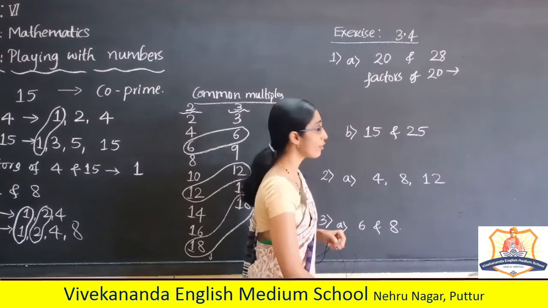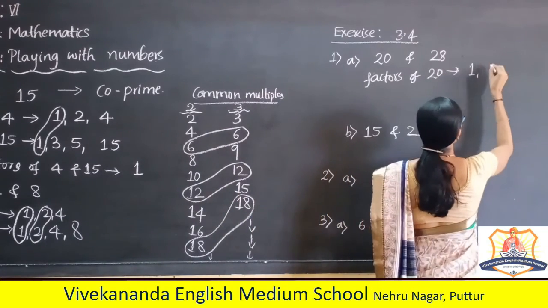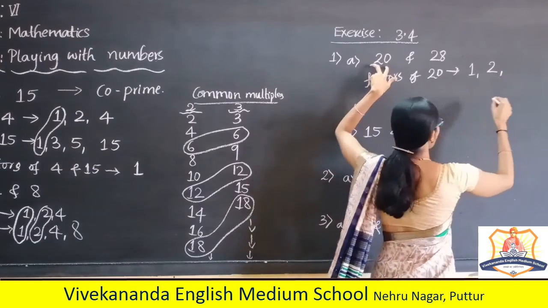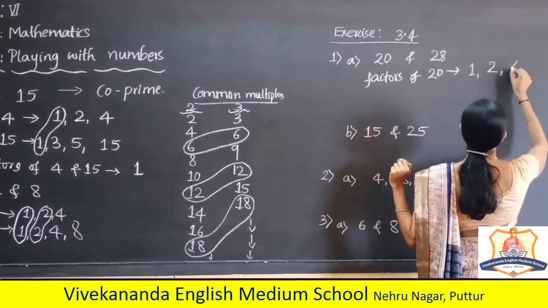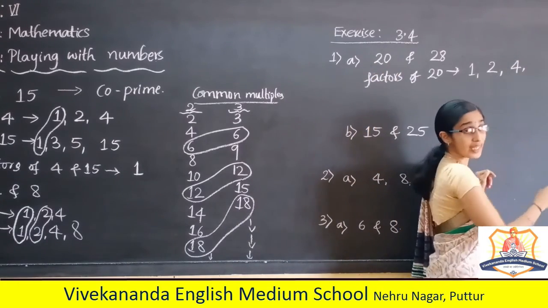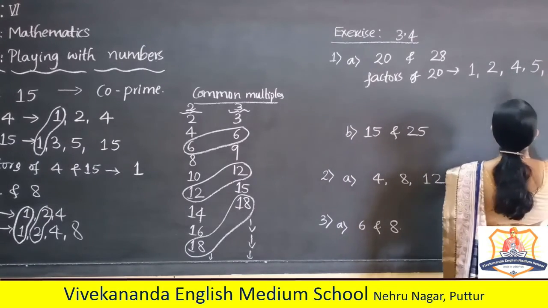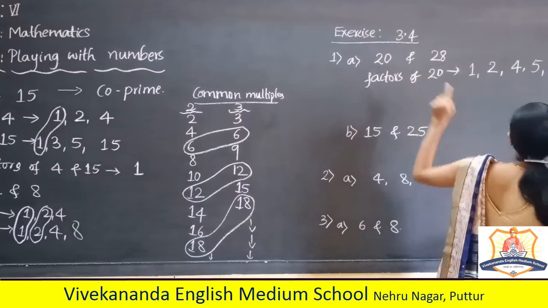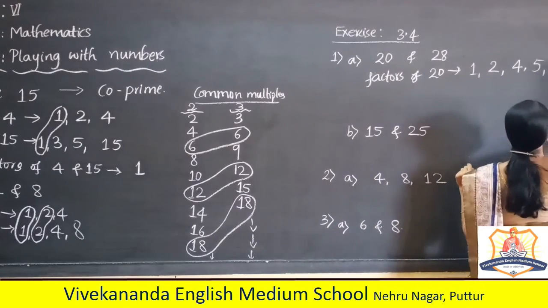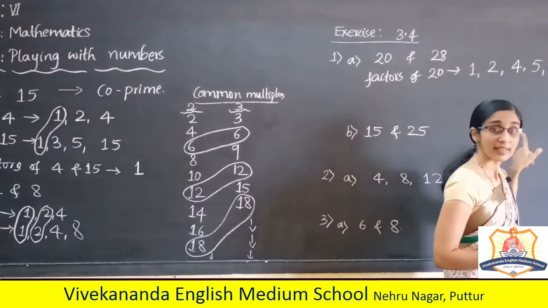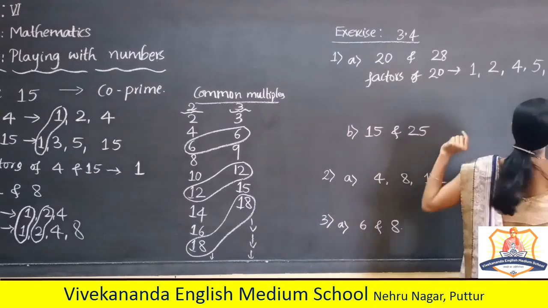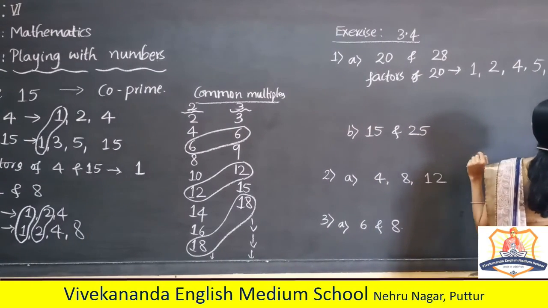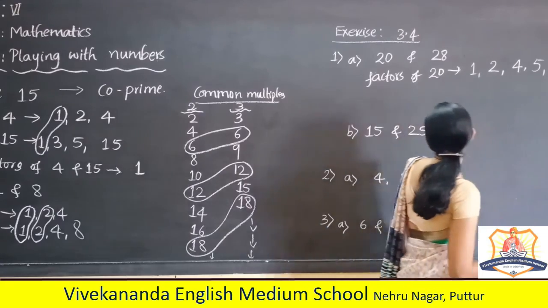Which are the factors of 20? 1, 2, yes, 3 cannot. 4 5s are 20, so it is 5 also. 6 cannot. Next, directly ending with 0, therefore 10, and the next number is the number itself, factor, that is 20. Okay, next